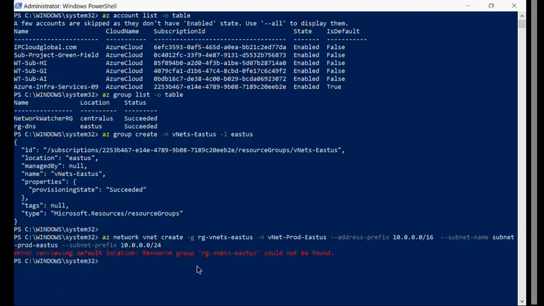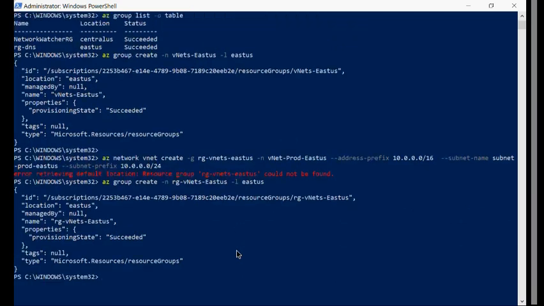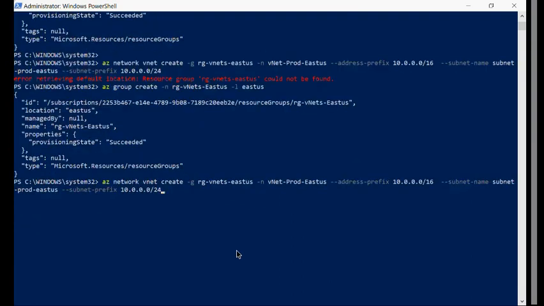So this is how easy it is to create an RG. Sorry, it should have been RG, RG VNets East US, right? So just enter. This is how I can create a VNet and a subnet within it.